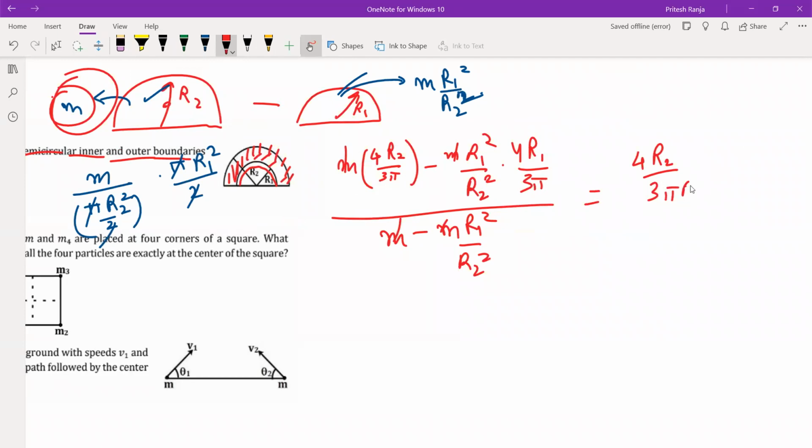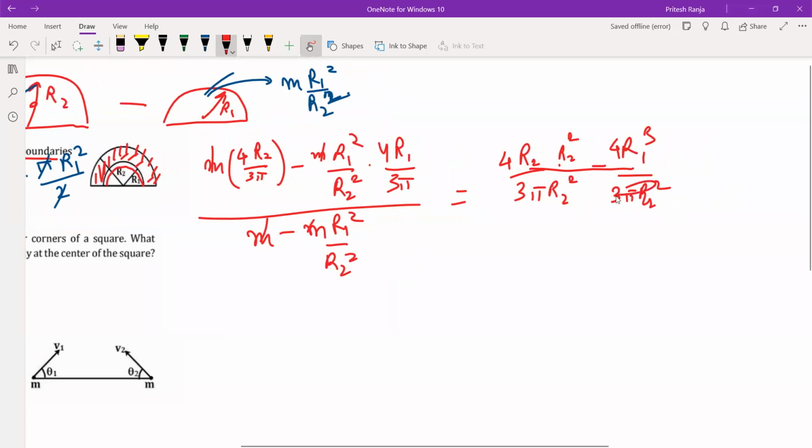I'll multiply here r2 square and here also r2 square will be there, ताकि ये डिनोमिनेटर सेम हो जाए न्यूमरेटर के, और ऊपर में क्या है 4r1 क्यूब डिवाइडेड बाय 3 pi r2 स्क्वायर, राइट। तो चलो ये तो सेम हो गया, एक हटा देते हैं, अब नीचे का रिवर्स हो जाएगा, सो ऊपर आ जाएगा r2 स्क्वायर बाय r2 स्क्वायर माइनस r1 स्क्वायर। Let's see,